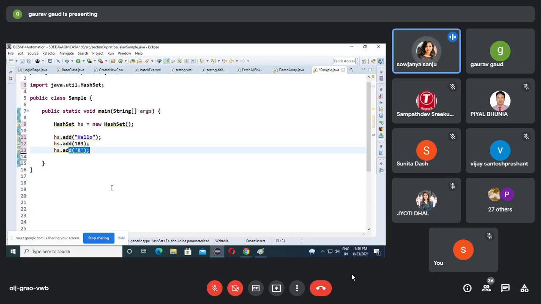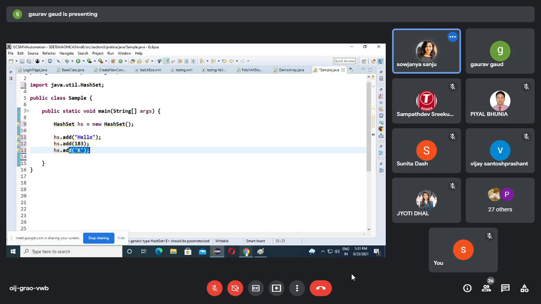Now, does any object exist without a hash code? No. Every object internally has what? Hash code. Am I right? Every object internally has a hash code.